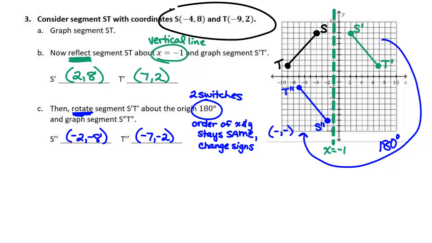The homework that you guys picked up on your way in the door, the entire front side is combining all methods, compositions of transformations, just like we were doing here. There shouldn't be anything on the front side that you haven't already learned how to do, so please go ahead and get started on that. On the back side, the top two problems are also ones where you're combining all methods together. When you look at the backside where all those shapes are, that's what we're going to learn how to do on Tuesday. So if you want to get started on the homework, bring questions that you might have with you